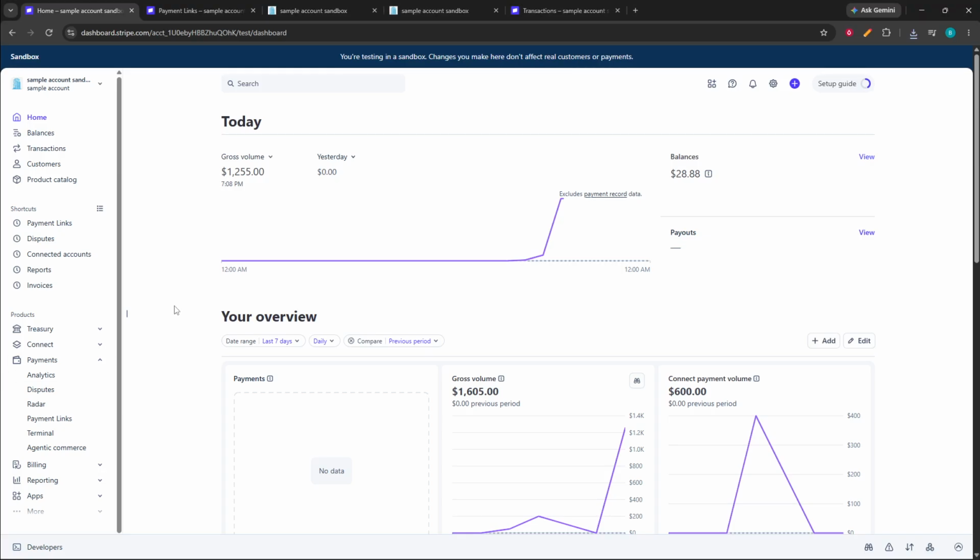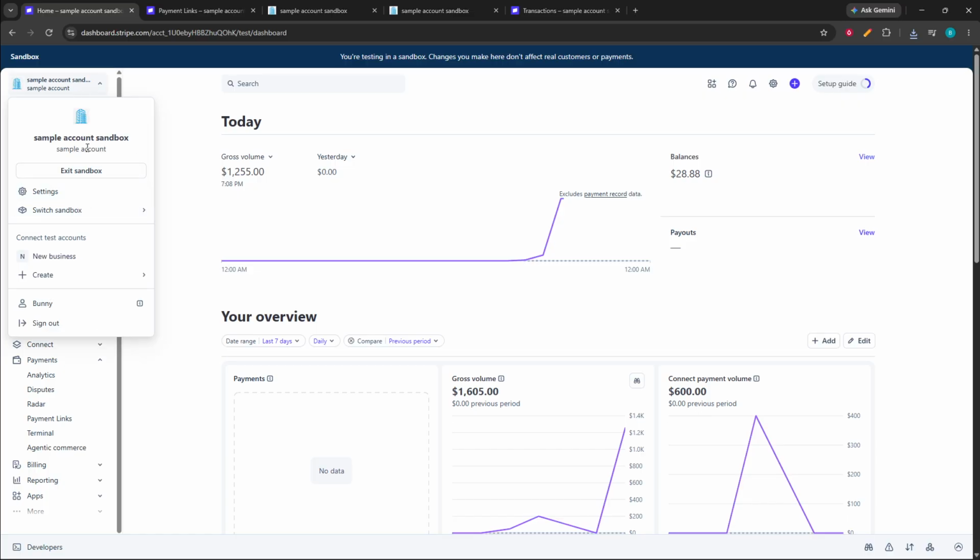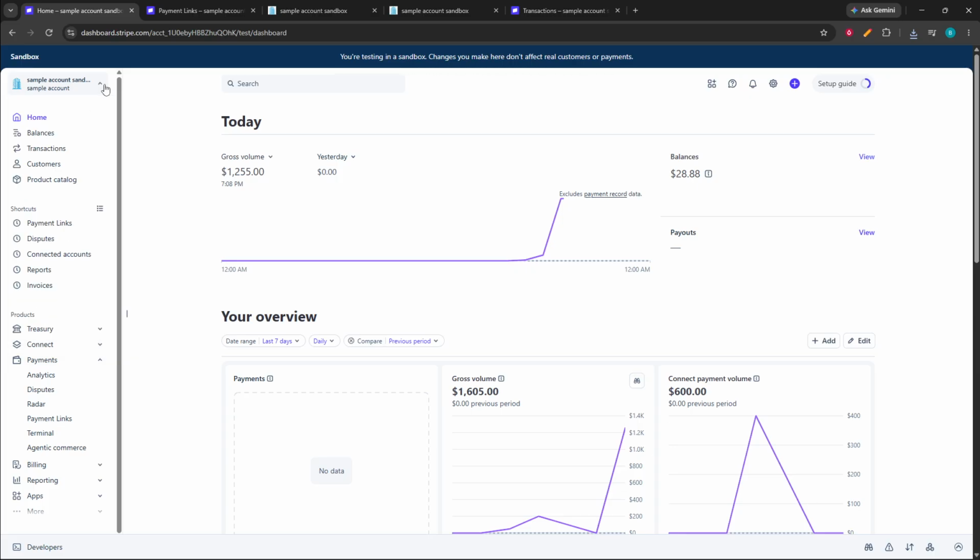In today's video, I am going to teach you how to test a multi-use payment link in Stripe. Start by making sure you are already signed into your Stripe dashboard and working in the correct Stripe account. Once you are in the right account, switch to the sandbox environment that you want to use for testing. It is important to confirm that you are viewing sandbox data so that your test purchases do not affect any